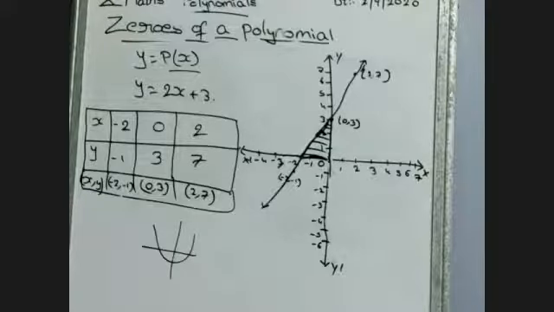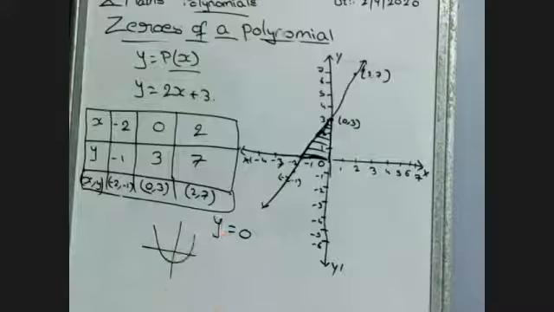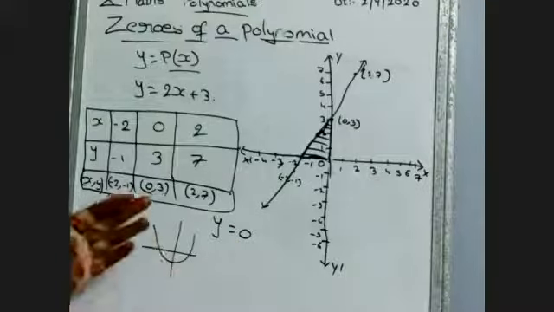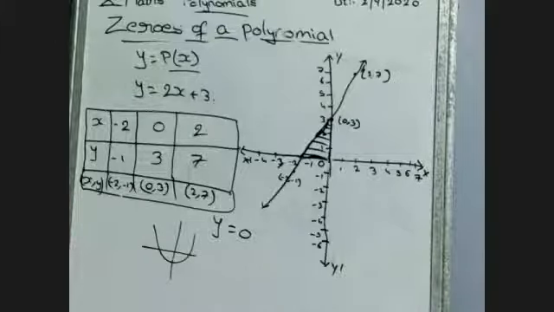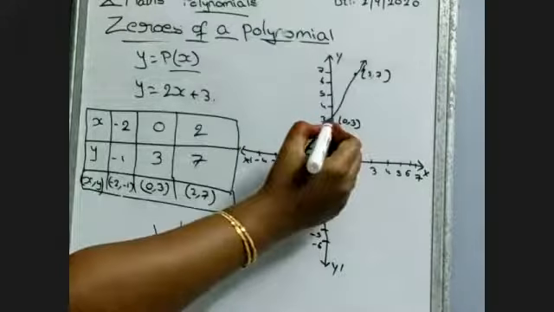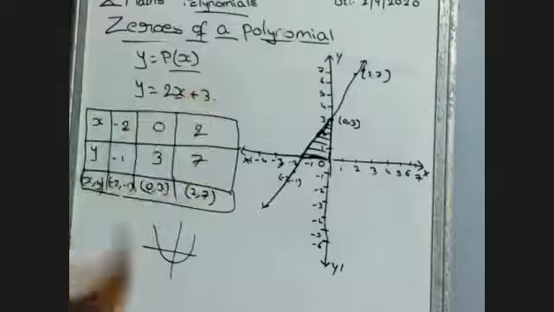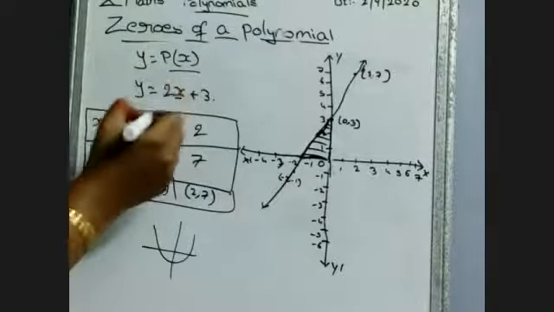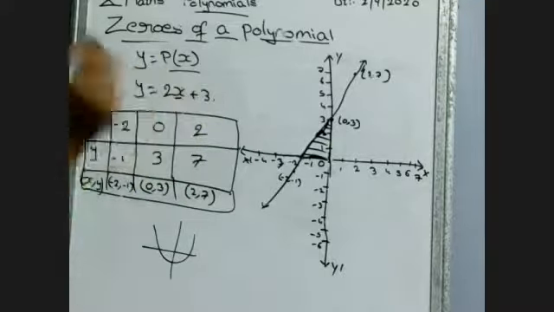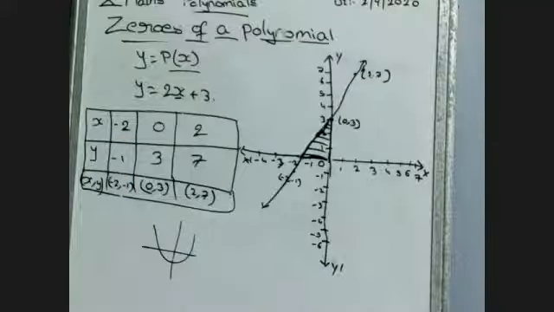Okay, ma'am, this is about the zeros of the polynomial. If you observe, compulsorily y equal to 0 has to come. While y equal to 0 comes, then we can say it is the zeros of the polynomial. Otherwise we can't say that it is zeros. Why? Because here y values are there, x values are there. But in these y and x values, we took only x values first, not the y values. While substituting the x values in x, we get the y values. Otherwise, directly we can take the y value and we'll get the x value, yes, we'll get the x value, but that is not the way.